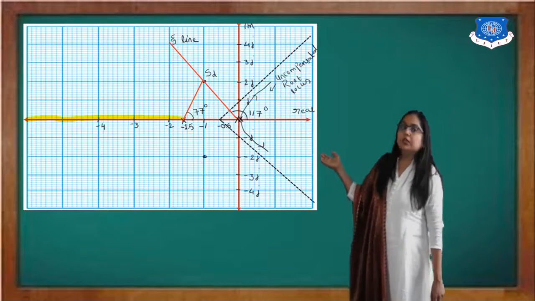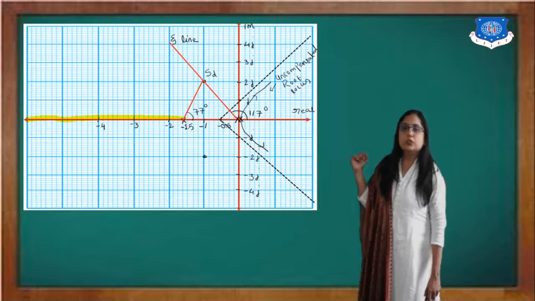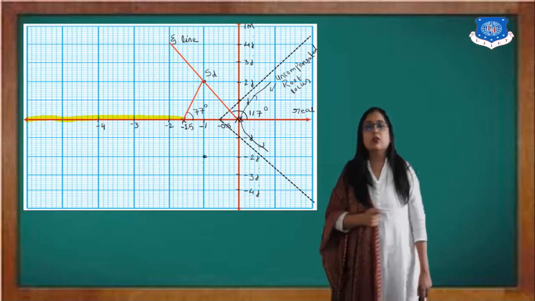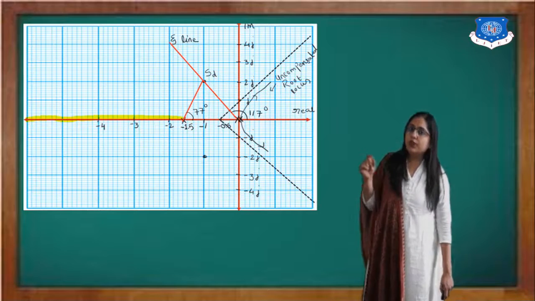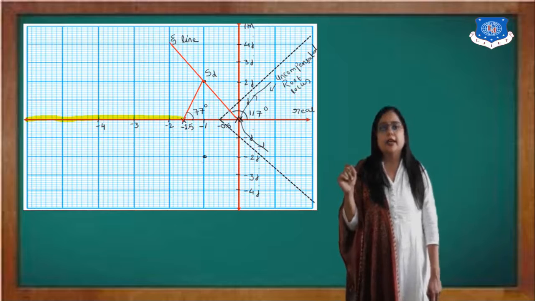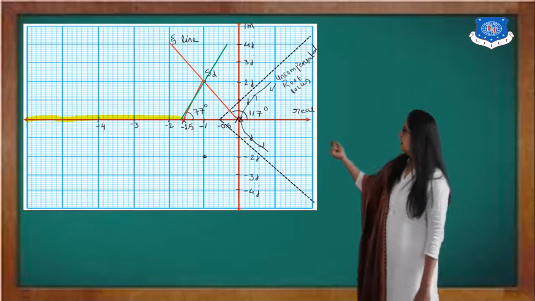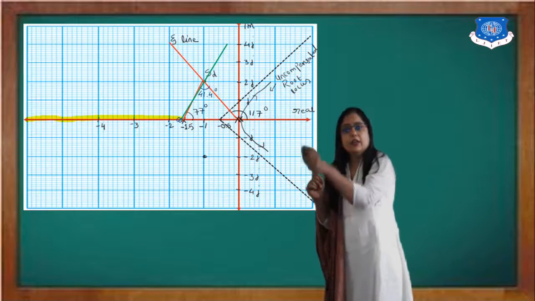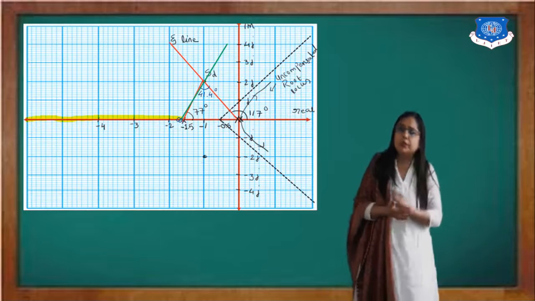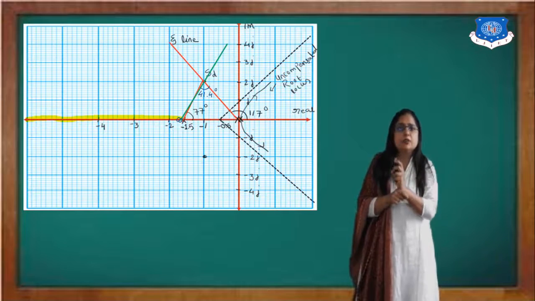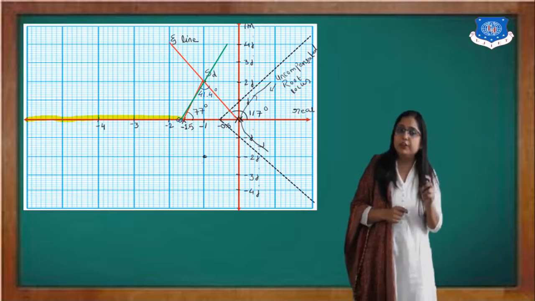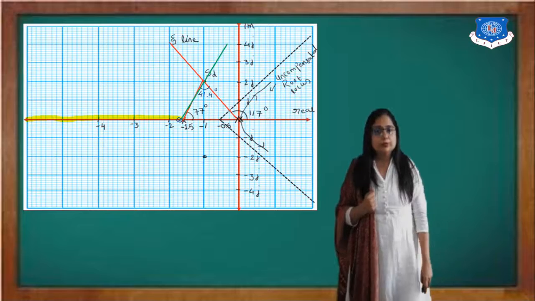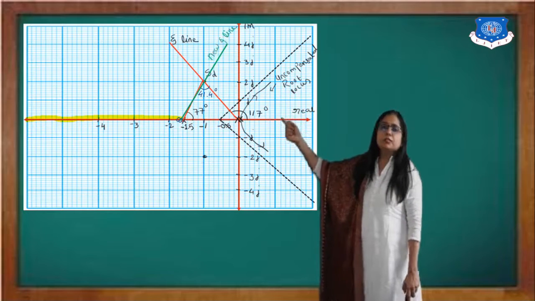Now we will plot the angle of pole and zero on this root locus. You have to put your protractor on the zeta line with the center at SD. First you need to draw the phi z angle, like this. Phi z is 41.4. You just extend that line. Whenever this line intersects my real axis, that is the location of my zero. And here I am saying it is a double phase lead compensator, that means here we will consider 2 zeros.